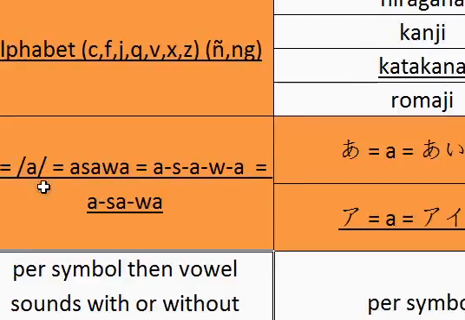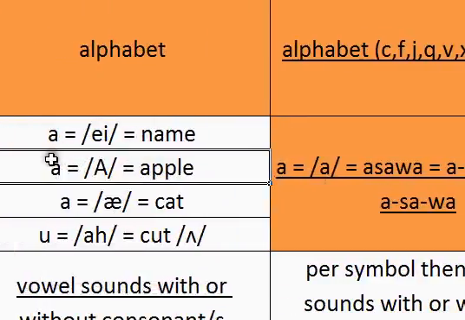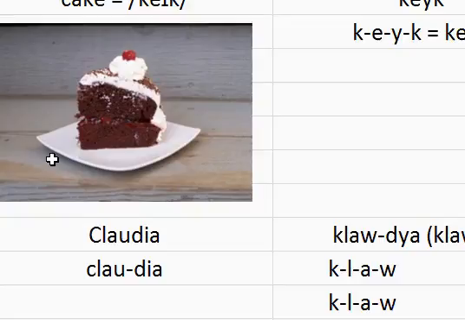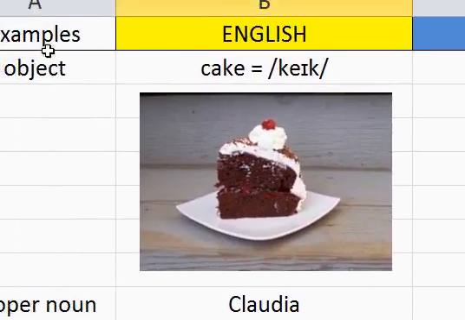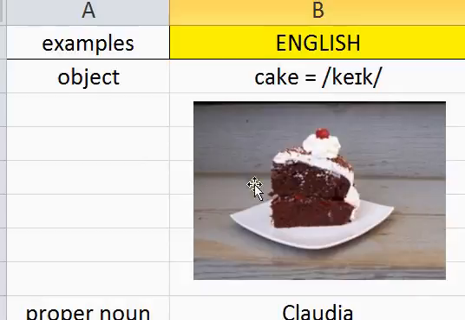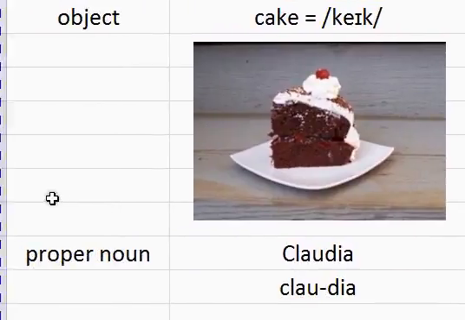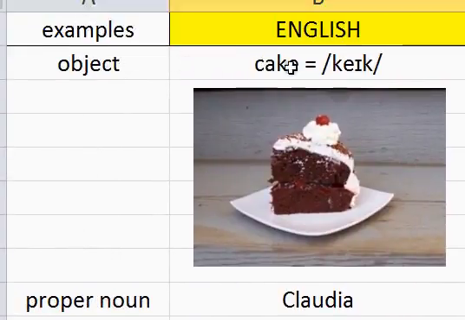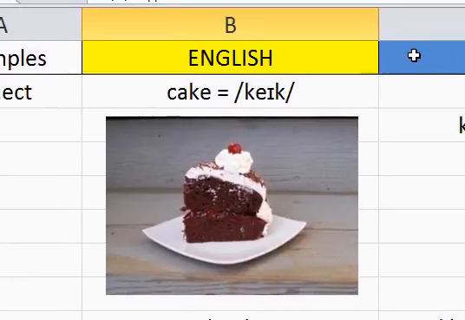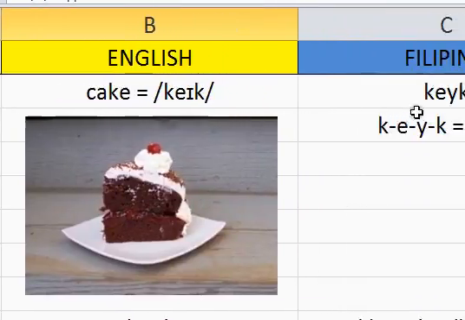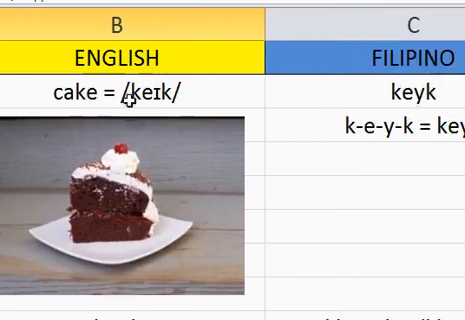If you're a bit confused about what I'm saying here, I'm going to give you an example. So we have here an object, two examples to be precise. But first, we're going to discuss the object. We have here cake, and that is how they sound it out, the phonology. Since it's one syllable, we don't need to cut it. It goes straight. You say it as fast as you can. It's cake, cake. So that's it.